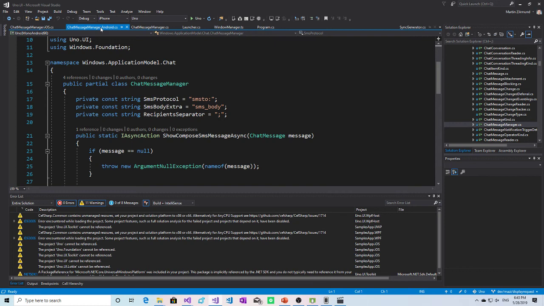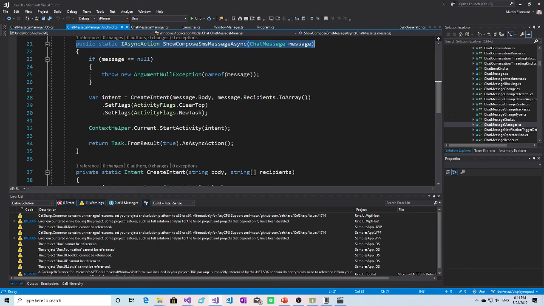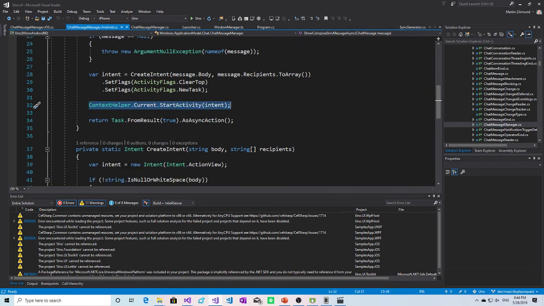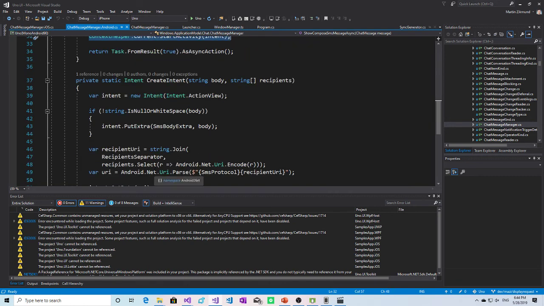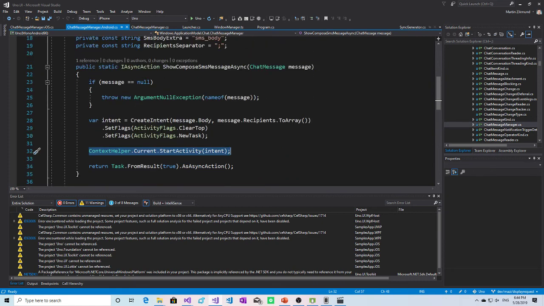On Android, you get again a very similar thing, the show compose SMS message async method, and inside that you are using native create intent API, which creates specific intent and creates the activity which then runs and shows the specific URI.